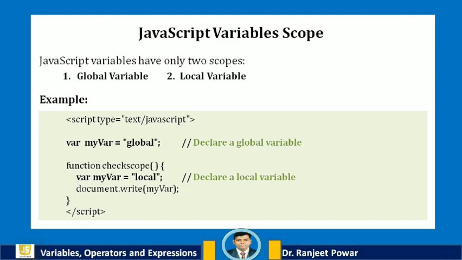If you declare a local variable or a function parameter with the same name as a global variable, you effectively hide the global variable. This code will print myvar value as a local, as it hides that global variable myvar.